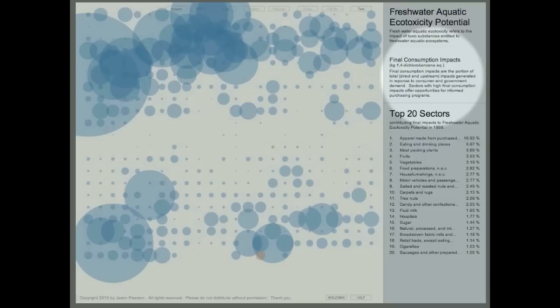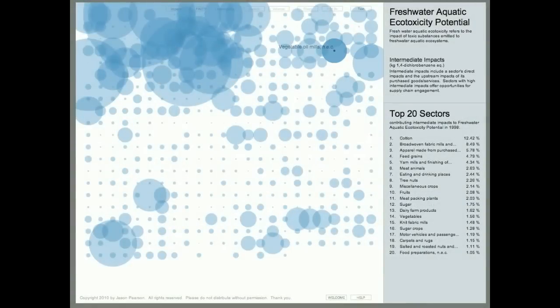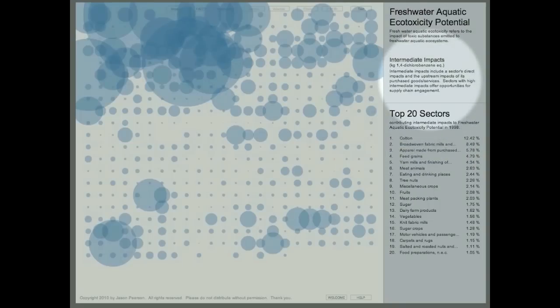Economy Map also includes a third perspective, the intermediate consumption perspective, which tends to highlight those sectors which generate significant impact through a combination of their own on-site direct activities and the upstream impacts of consumer demand for their services. In the case of freshwater ecotoxicity, for instance, fabric mills rank number 2 because the combination of the direct and upstream impacts represent over 8% of all the freshwater ecotoxicity impacts in the U.S. economy. The intermediate consumption perspective is a more complicated perspective, but it is useful for targeting sectors for sustainable supply